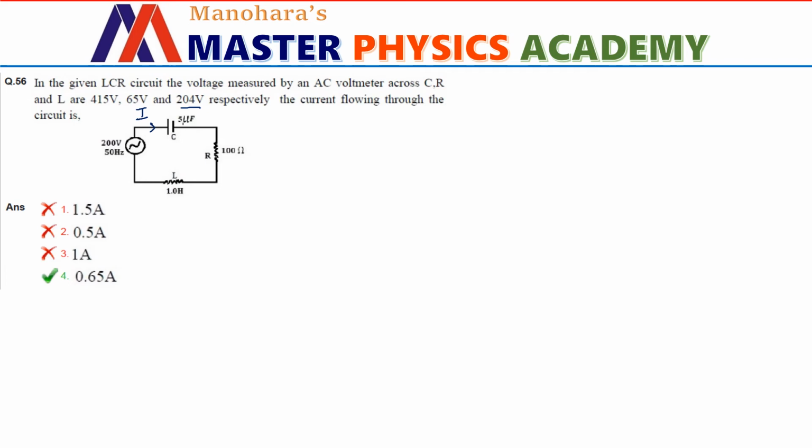What is it? We know the current, we know the voltage across the resistor. That has been given as voltage across resistor, CRL. So this is the voltage across resistor, 65 volts, and we know its resistance. Therefore, current in the circuit can be calculated applying Ohm's law for this resistor, which is voltage across the resistor divided by resistance value. So the answer will be 0.65 ampere, which is given in option 4. Let us move on to question number 57.